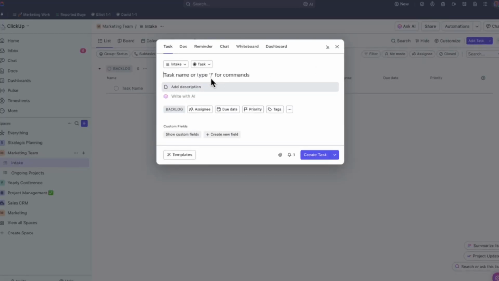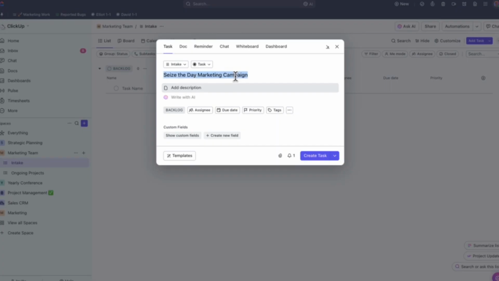And let's just say that we had this idea for a brand new campaign that was called the Seize the Day campaign. And by the way, it doesn't matter if you're in marketing, operations, HR, IT, software. All use cases can use this same process of creating an intake list and then adding all of your new tasks to that intake list. The other thing I'm going to do here